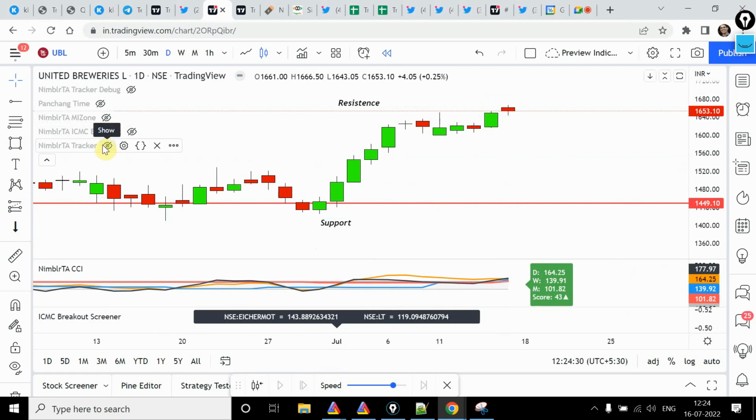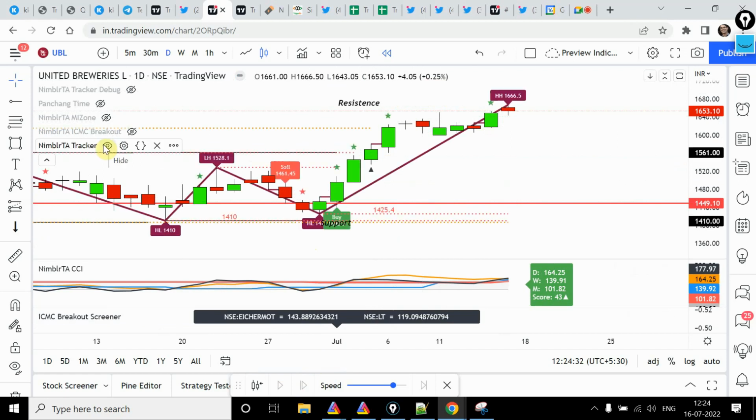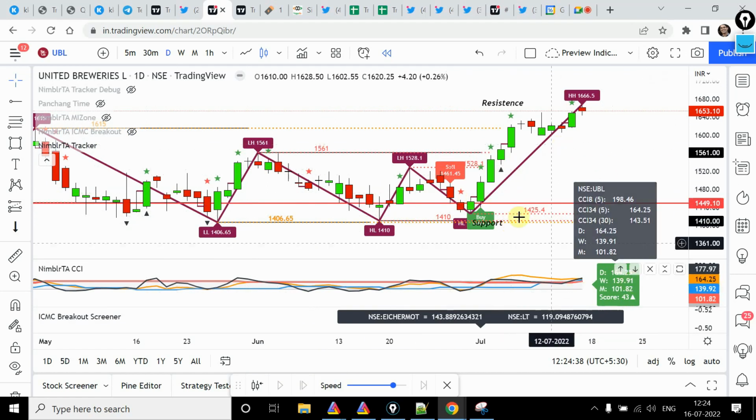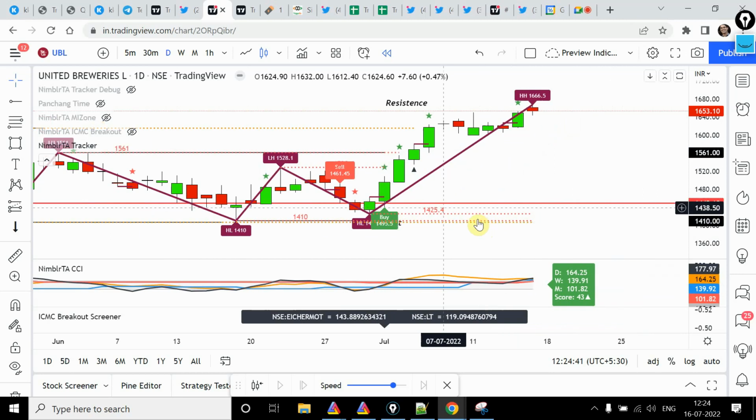that is perfectly fine. However, if you are looking for other components as well, like waves, impulse, you are looking for CCI interpretation because positional pullbacks are there. Based on that, it will give you buy and sell. So a lot has been coded behind the tracker, but visually it has been kept very simple. We don't tell you that it is a reversal entry, it is a pullback entry, it is an entry on a higher time frame, lower time frame. It is just as simple as buy, as simple as sell,